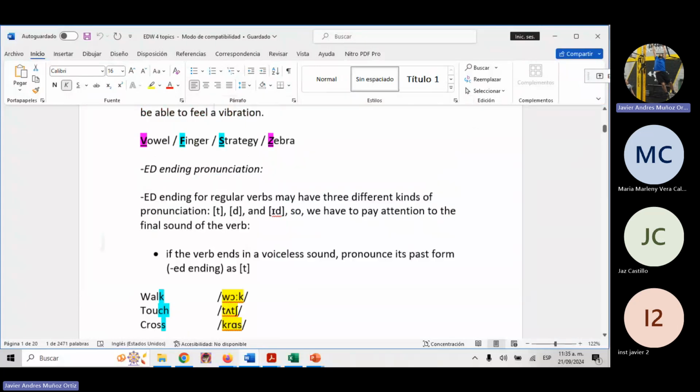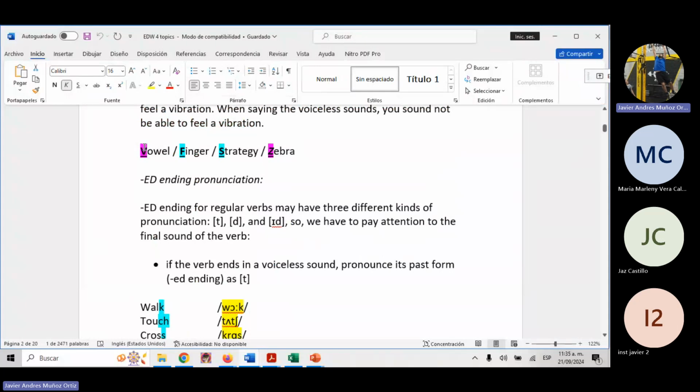So in this case, for example, the sound of the letter V, if we pronounce the sound of this letter, it's a V. If we touch our throat, we're going to feel vibration. The same happens with this letter Z. However, there are other consonants that are not going to produce vibration when they are pronounced. For example, the letter F is like when you are blowing something, right? You don't feel vibration. The same happens with this sound,